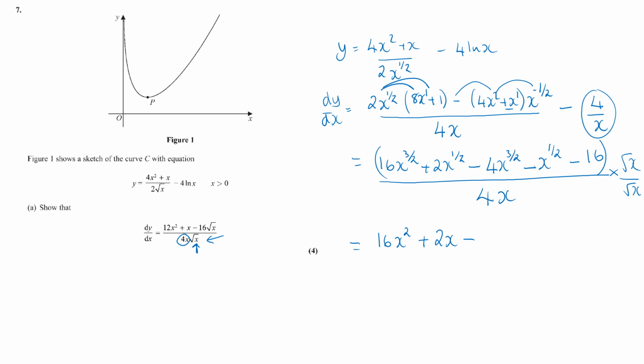You're going to add the indices, so that will be 4x squared minus x and minus 16 root x all